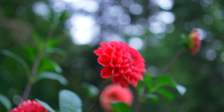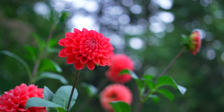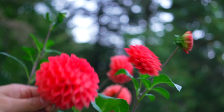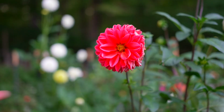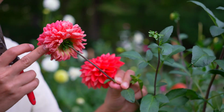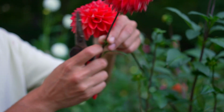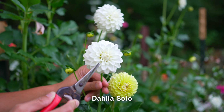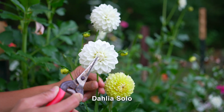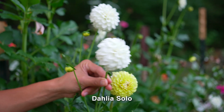I can cut this one too if I want to, but they're not gonna get any bigger in the vase. I can wait a little bit longer for them to be more like a ball shape like this one. This one is of course too blown open. So this is done. I can just deadhead it. This dahlia seems to be perfect to be cut. The flower is open, but you cannot see the center yet. But when you look in the back,